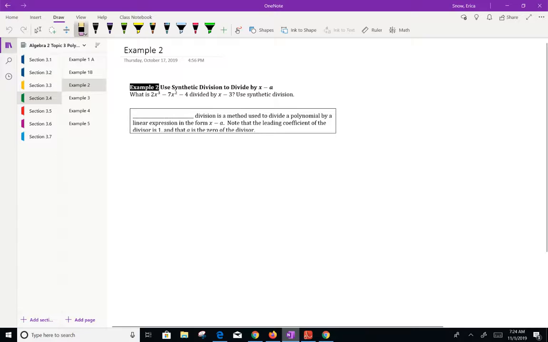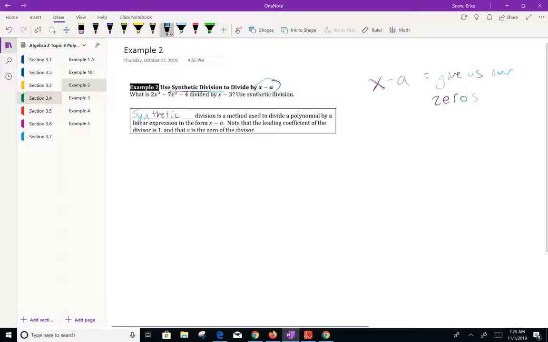So we can use something called synthetic division when we are dividing by just a simple binomial x minus a. And you know that these binomials will often give us our zeros of a quadratic. We've already practiced that, and it's really no different for a polynomial. They'll still give us our zeros. So this is called synthetic division,